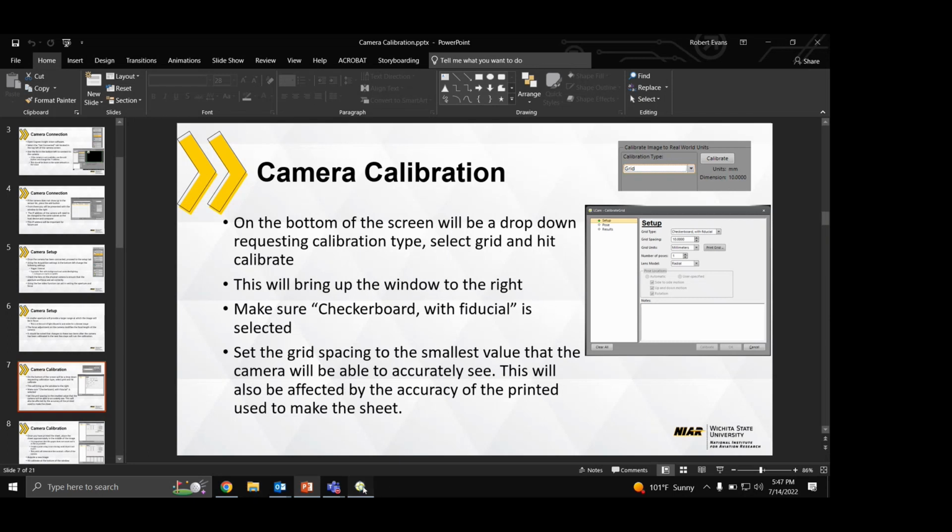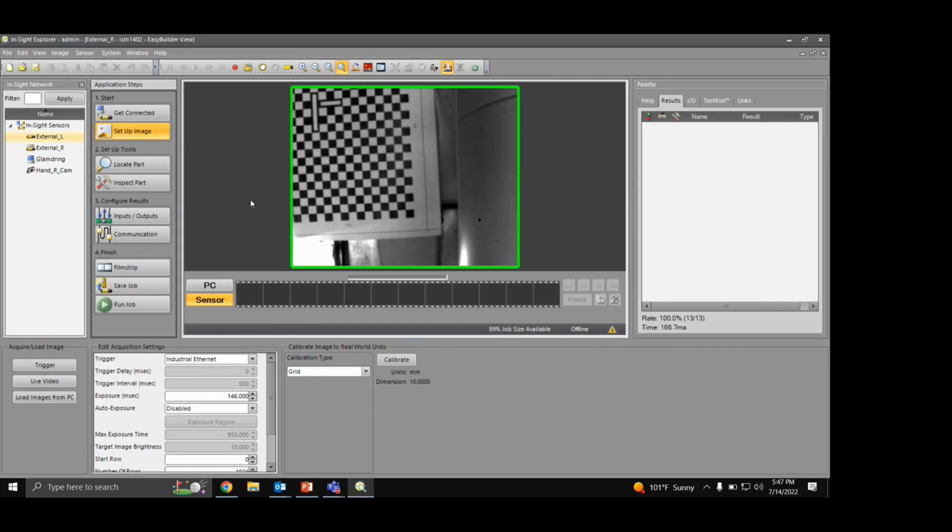So on the bottom of the screen, I'm going to jump back over. We're going to go to setup image, and we have this calibrate option. Now we're pretty much always going to select grid for our calibration because that is going to give us the most accurate calibration. Whenever you look at this XY scale and edge to edge, XY edge to edge, what that means is you're going to select two edges that run about the length of the camera and use that to